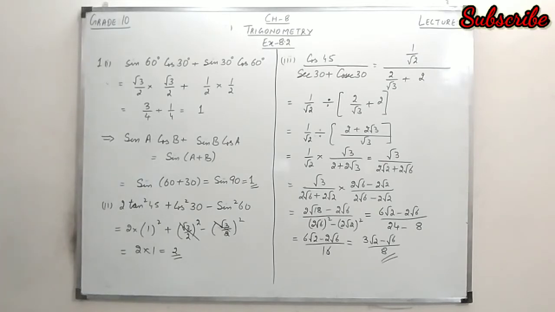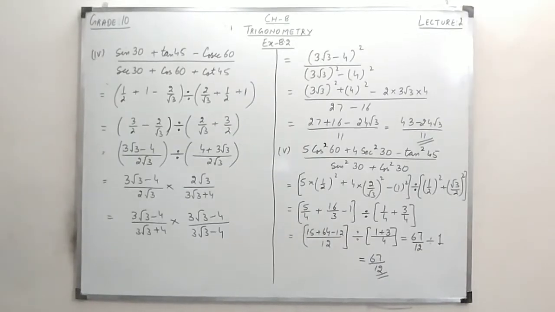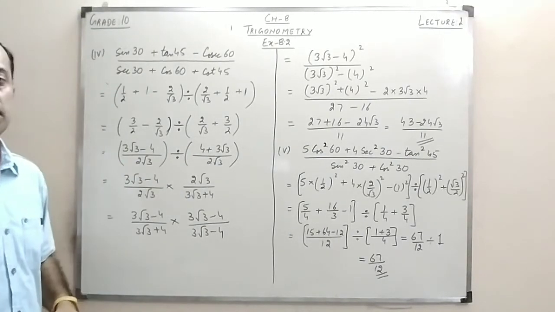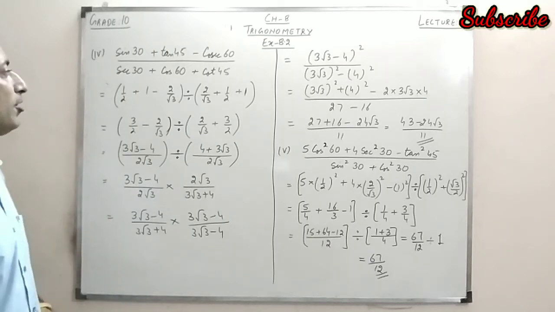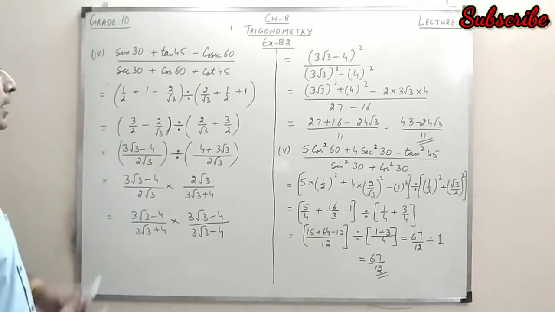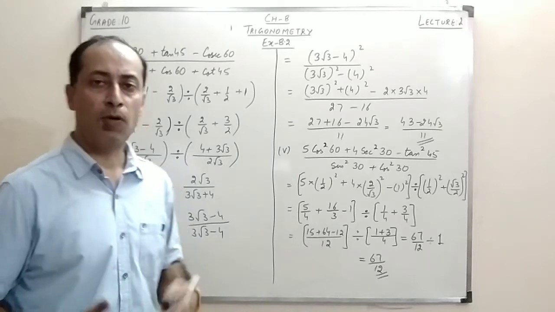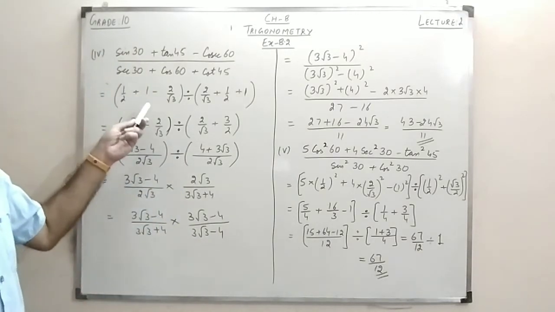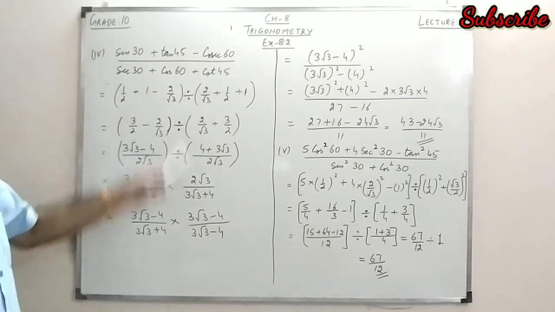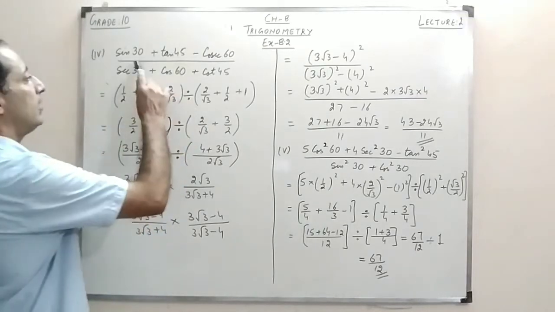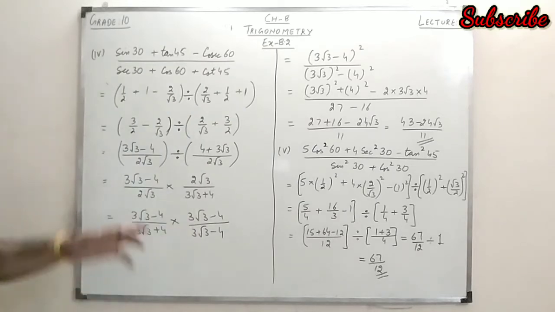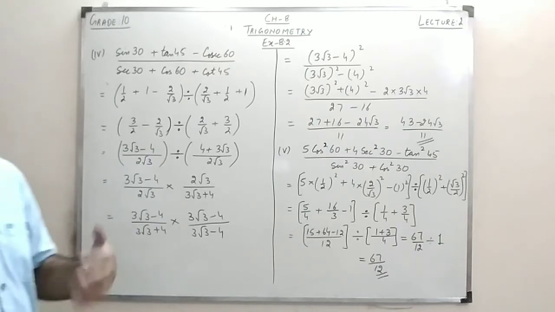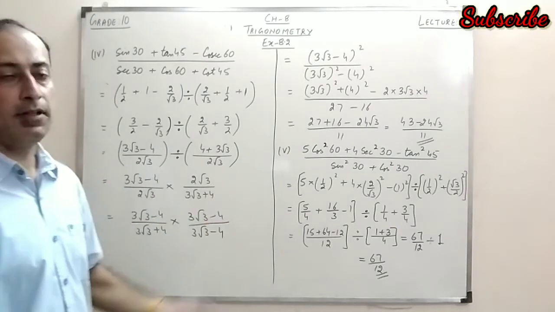Let's see the next part now. In the fourth part it is given sin 30 plus tan 45 minus cosec 60 divided by secant 30 plus cos 60 plus cot 45. So again what we have to do, we just put the values for all and then simplify. So substituting the value, sin 30 is 1 by 2, tan 45 is 1, cosec 60 is 2 by root 3, and then I put a divide sign because this is in division. Again I have some things which are in fractions in the numerator also in denominator, so to avoid the confusion I have written this way.